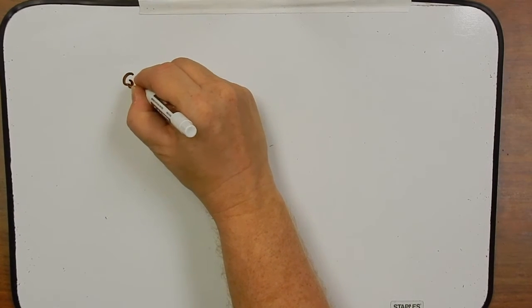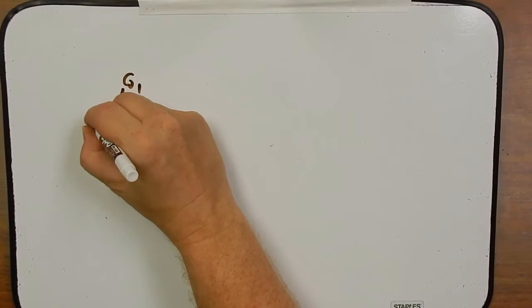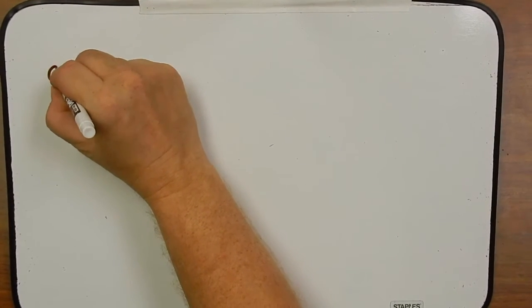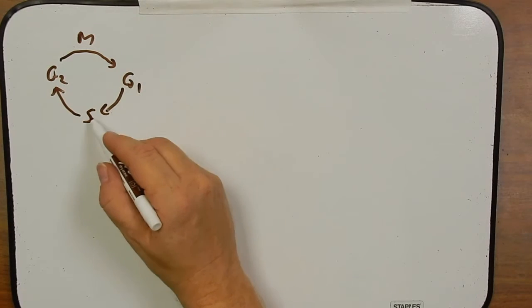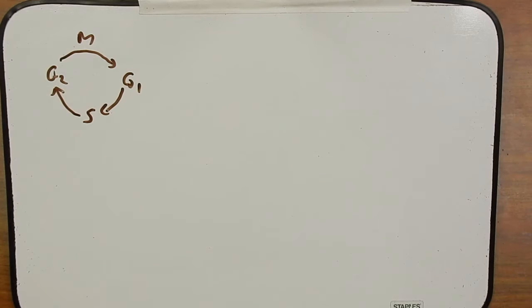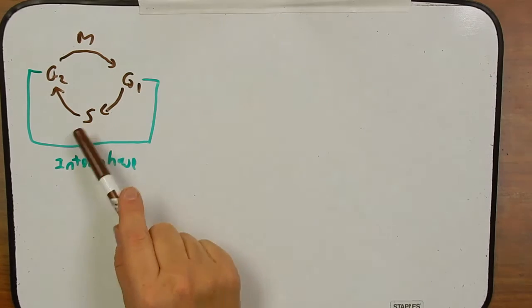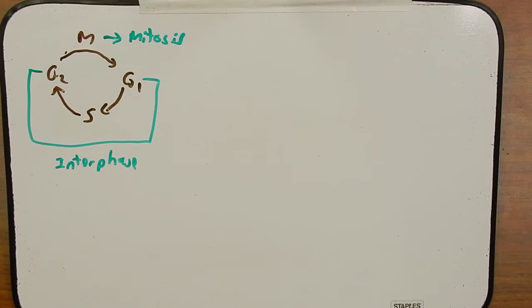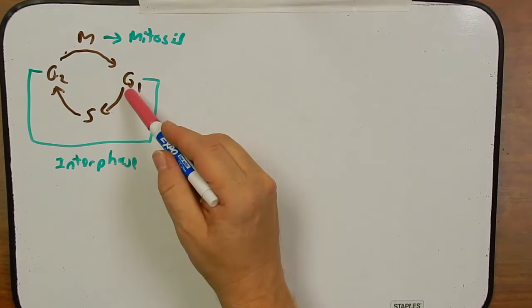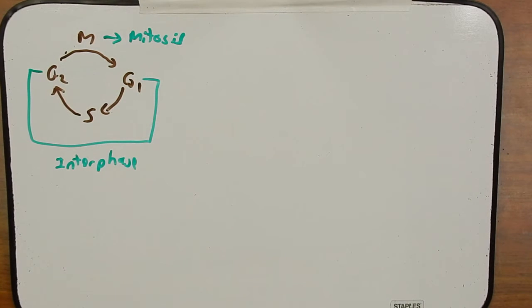But let's think about the cell cycle. And we haven't really spent time on the cell cycle, so I'm going to review it with you real quick, but rest assured we'll spend much more time talking about it. During G1, S, and G2, we call that interphase. This is a time when the cell grows, divides its DNA so it can enter mitosis where it segregates the DNA. In general, during this working phase of the cell cycle, when the DNA is being transcribed to make messenger RNAs to do the business of the cell, and during this time when it copies the DNA,